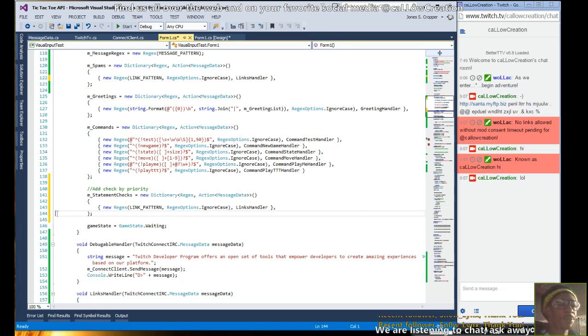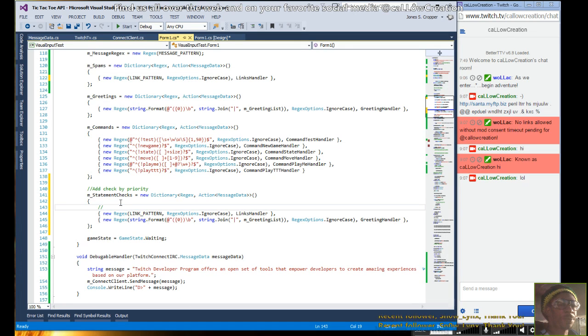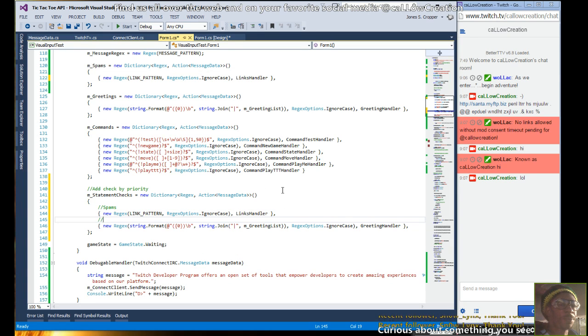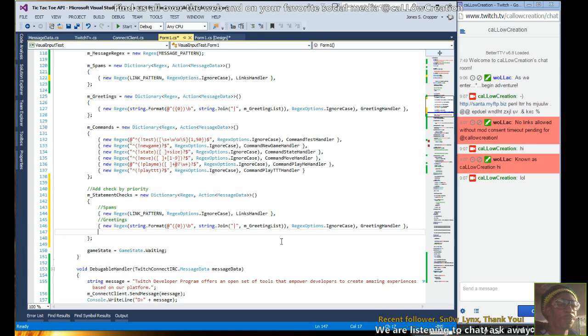Okay, so that's our first check, and we'll call this spam, and this one can be called greetings. Actually, I want to check for the. Okay, we're going to be nice. We're going to do greeting checks first. We're going to turn our bot into a human. Greetings. And actually, after we set this one up, then we'll add in the funnies. Probably not going to keep it, but you know, add that in. Okay, so next we have commands,